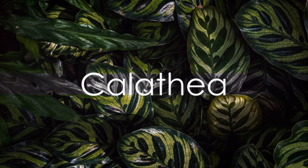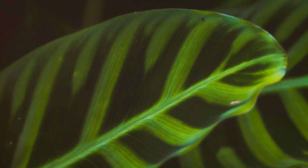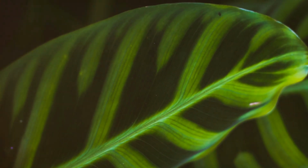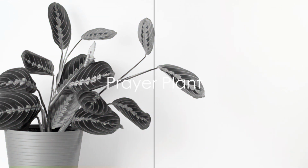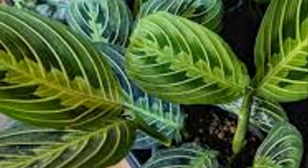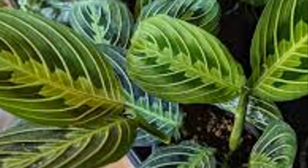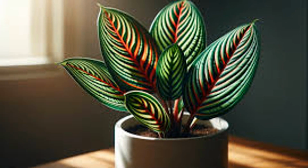With its unique leaf patterns, Calathea symbolizes new beginnings, making it a perfect gift for anyone embarking on a new chapter, whether it's a new job or home. Next is prayer plant. This plant symbolizes gratitude and appreciation. Its unique feature? At night, its leaves fold together, resembling hands in prayer, making it a comforting gift for someone